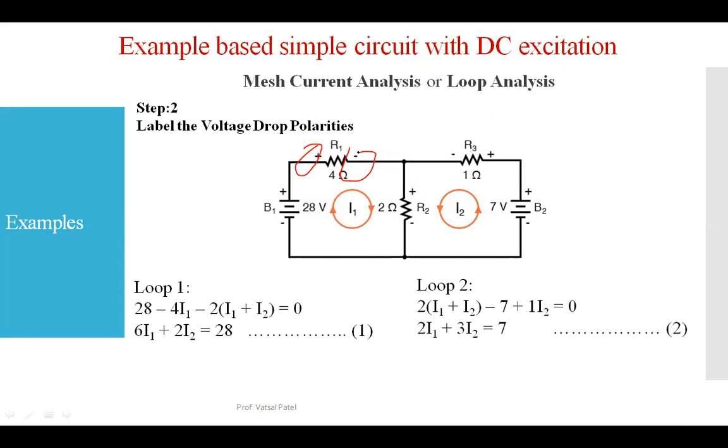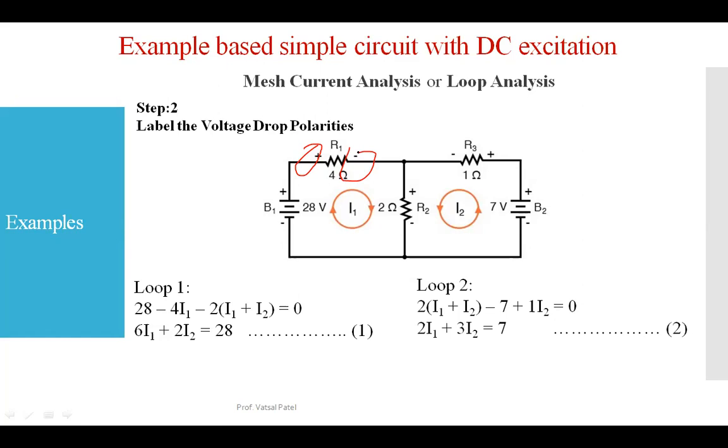With the battery source, positive and negative are already mentioned, but for the resistance we see that the loop is in the clockwise direction, so the plus sign will be there. For the 4 ohm resistance and the 2 ohm resistance, again the plus polarity will be assigned for the voltage drop. And for loop 2, again the polarity will be identified, because loop 2 is rotating in the anti-clockwise or counterclockwise direction,